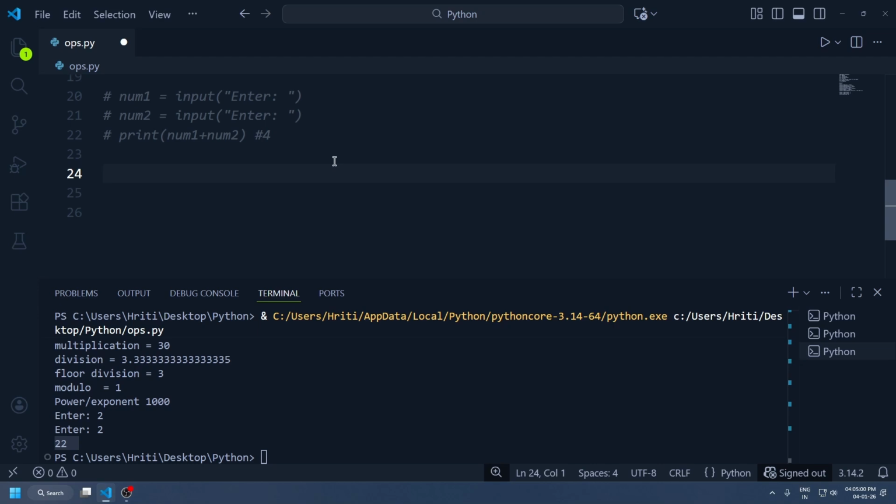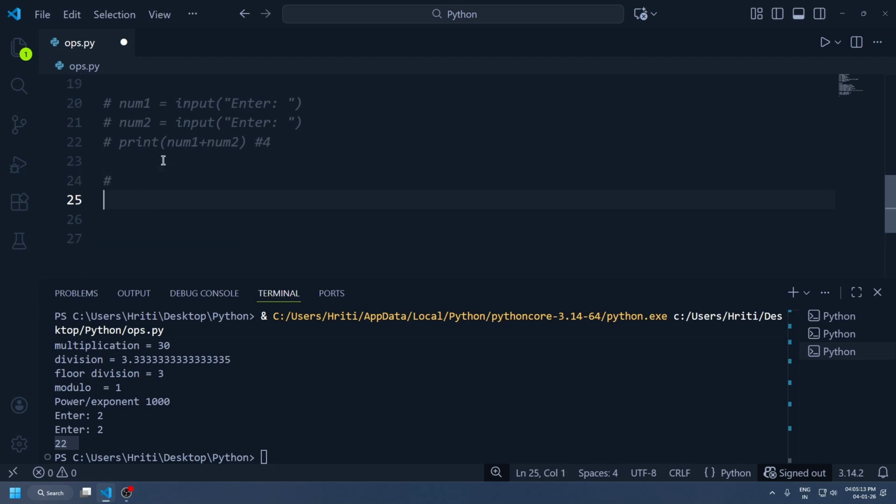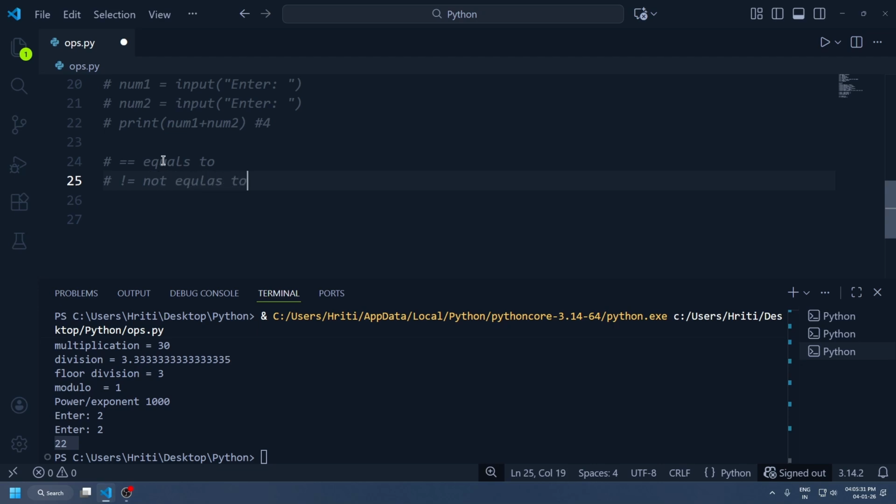And our next operator is comparison operators. So what are comparison operators? Comparison operators compare two values and return true or false. For example, there are some variables, it's equal to, it will check if the values you gave the program are equal or not. It's not equal to,